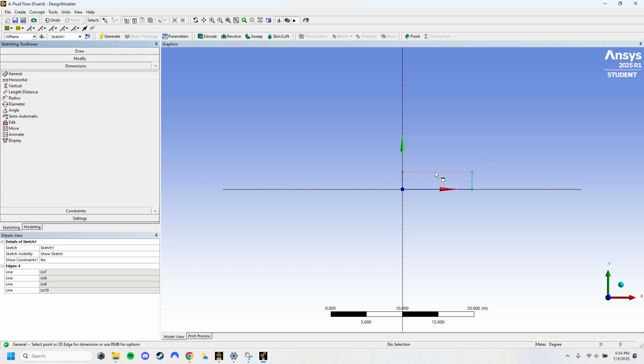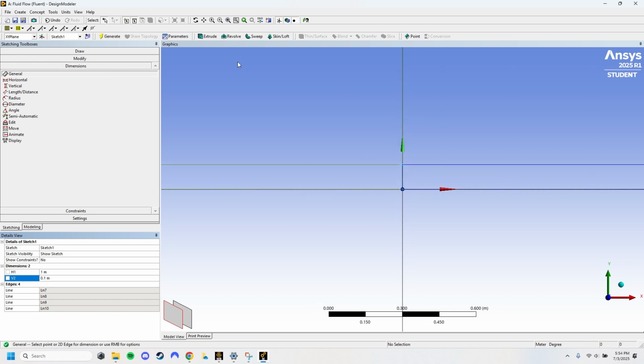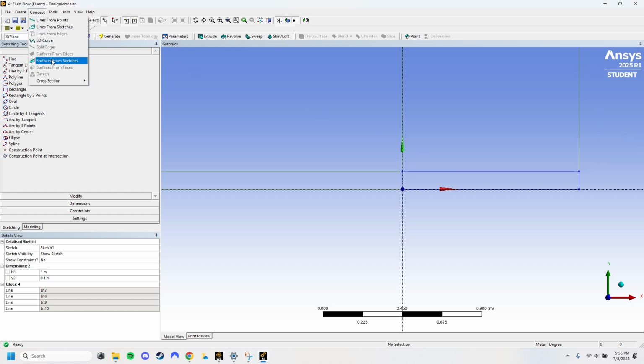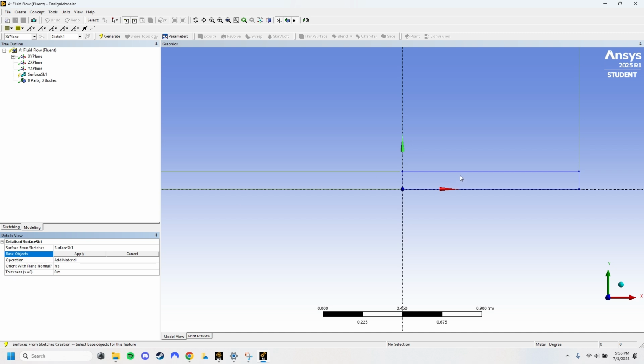dimensions, general, H1, V2. H1 is 1 meter, V2 is 0.1, 0.01. Actually, yes, 0.1 meters. Here. Hit generate. And then we go to concept, surface from sketch, select